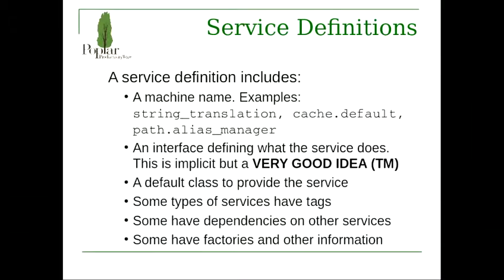Some of them depend on other services, and some have what are called factory classes. Rather than defining just one class, you define a way to instantiate the correct class. The caching services are examples of that. We'll get into that a little bit, I think. Anyway, some of them do have factories. If you're not familiar with factories, that's a standard object-oriented thing where you have one class that instantiates other classes. Yes? So it's like one way to think of an interface is like API documentation,